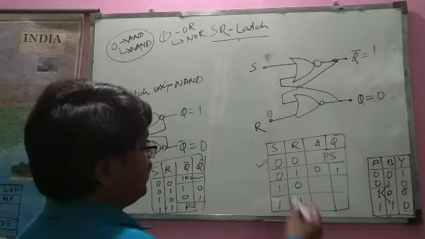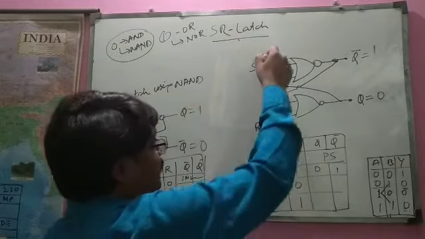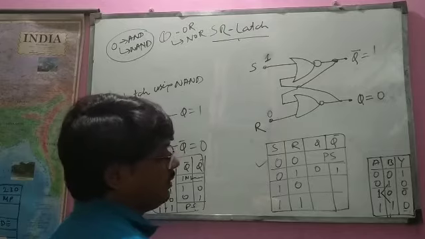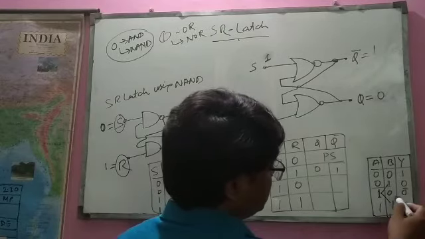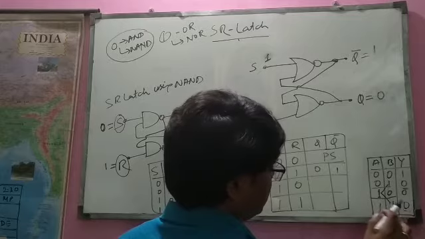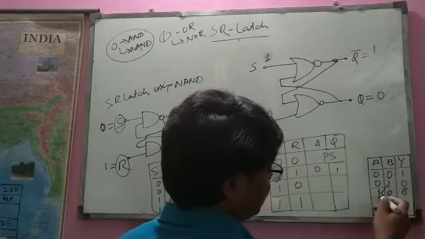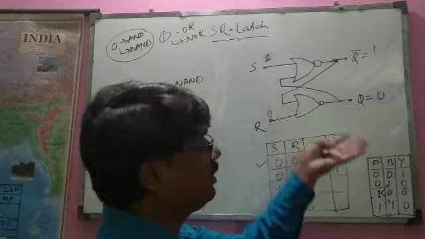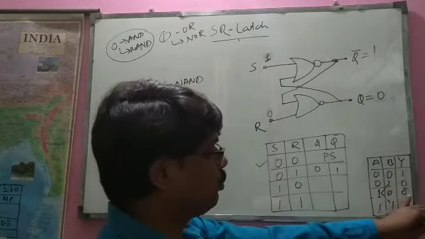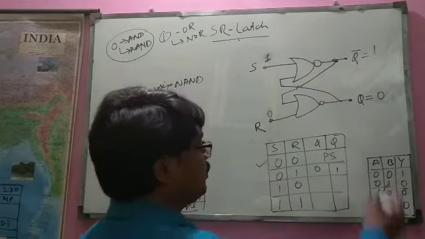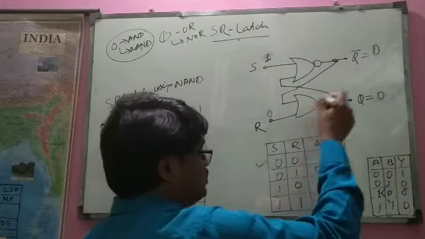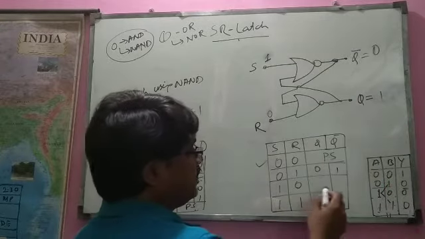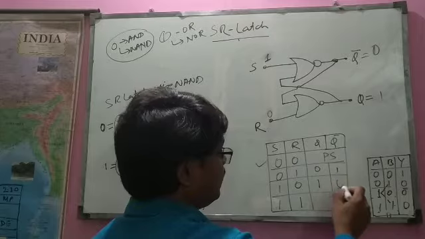Okay, see, now this is 1 and this is 0. So if one input of this NOR is 1, it may be either this case or this case, because one input is 1 and we do not know the other input. So what will be the output? The output will be the same in both the cases. So its output is 0. If this is 0 and this is 0, it is going to be 1. So in this case the output is 1 and here it is 0.